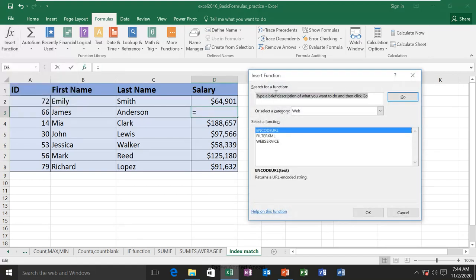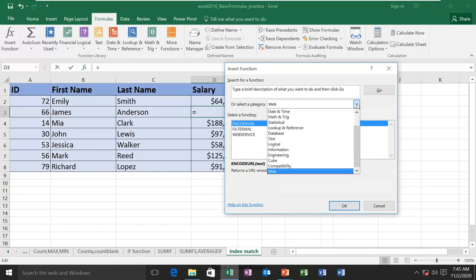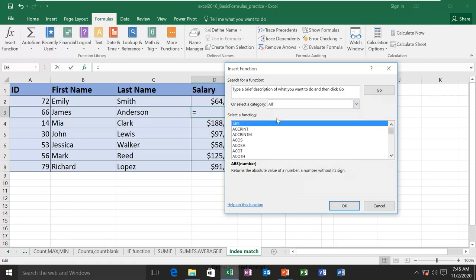This command will open this dialog box where you can search for a specific function by typing some hint about what you want. You can search by categories, or if you don't remember the category, then you can go for all. And then here you just have to type the word for what you want to do. Like I want to do count.